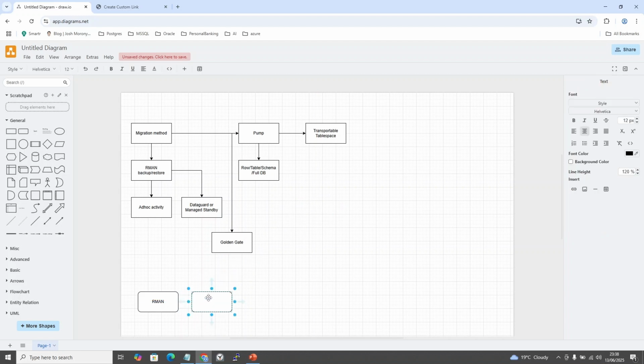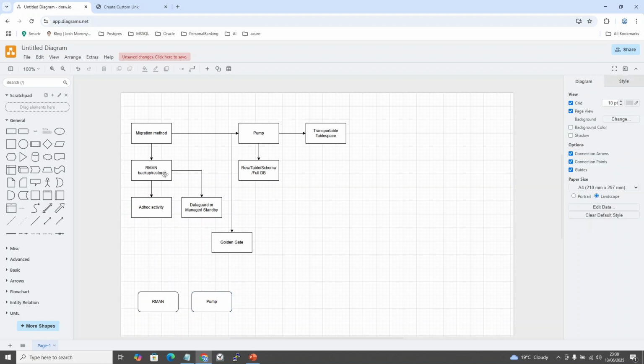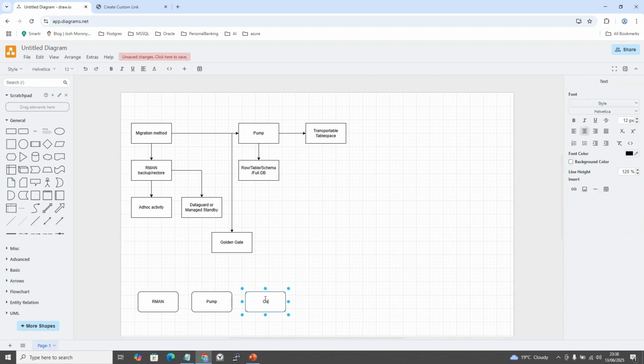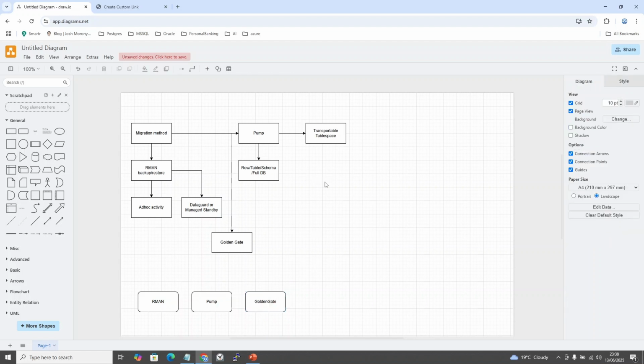So when I was explaining the solution to a customer or to my colleagues, I needed to tell them which methods Harman as a tool touches. So that's why I chose Harman. Next, Data Pump as a method, which procedures it touches. And Golden Gate. So Golden Gate as an option, which methods it touches. So we kept three options, and now you need to press Control K,